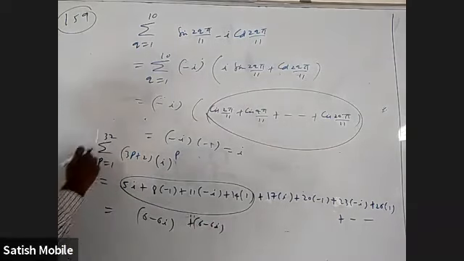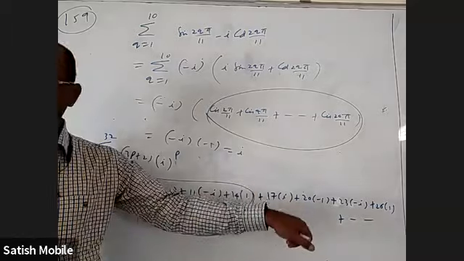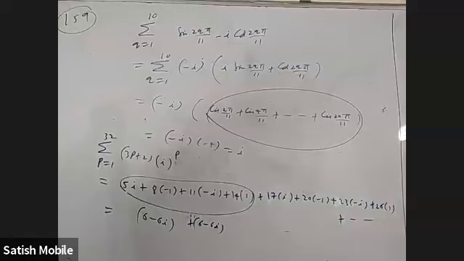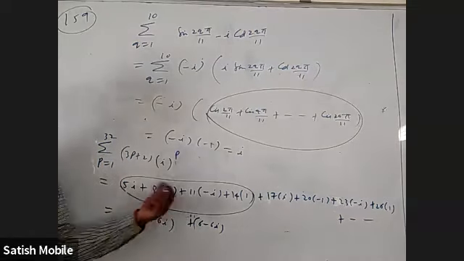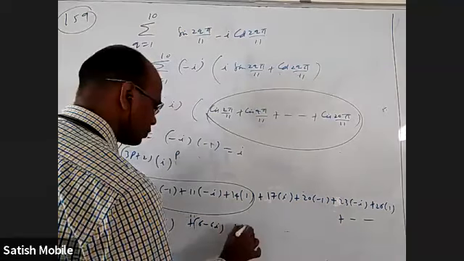So when you write all the 32 terms, the first 4 terms together give 6 minus 6i, the next 4 terms also 6 minus 6i, the next 4 terms also 6 minus 6i, like that. How many 6 minus 6i will come? 8, because 4 things make one group, so you will get 8 such groups. So again 6 minus 6i, 8 times, which is 8 into (6 minus 6i).